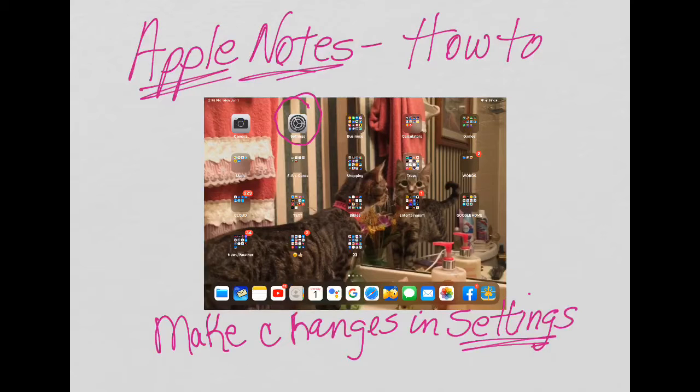Okay, so here we are again working on our Apple Notes. I've made a couple of videos on how to use the Apple Notes, but I think I put the cart before the horse, as they say, because this is one of the first things you need to understand, and that's how to make sure that your settings are correct for your Notes